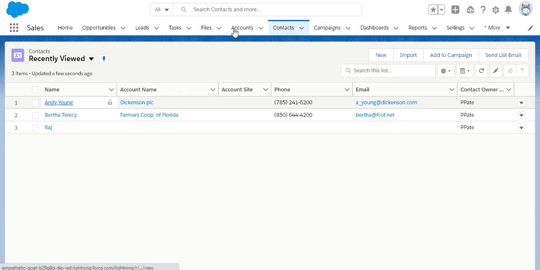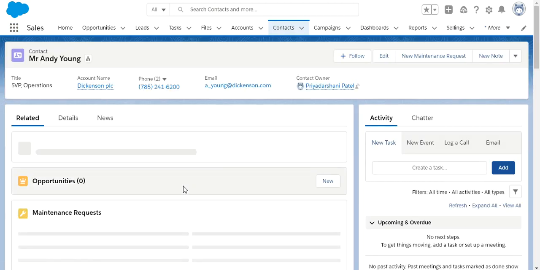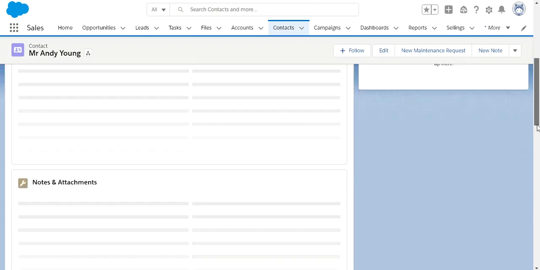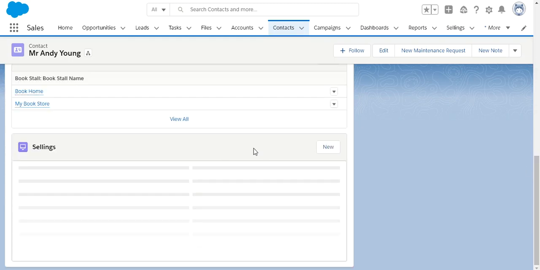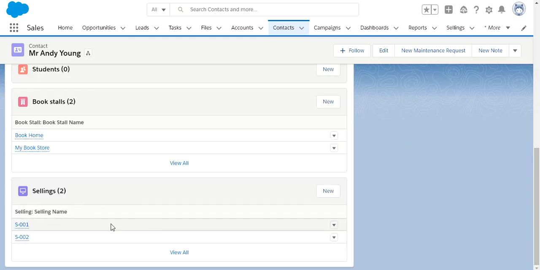Just open the record, and here you can see in the related list the selling object, and you can also see it on the book.